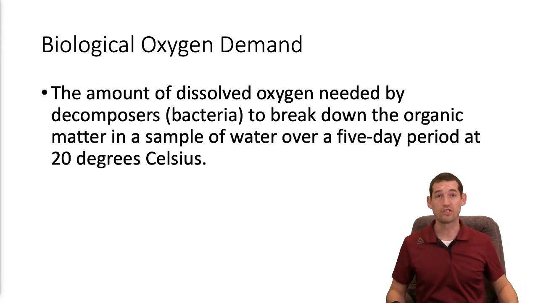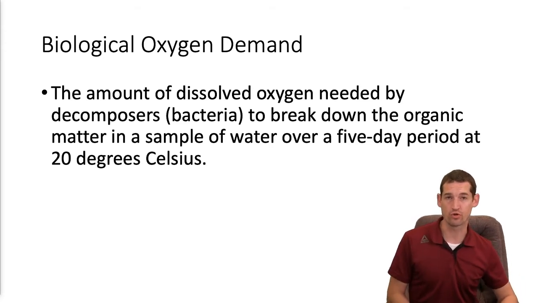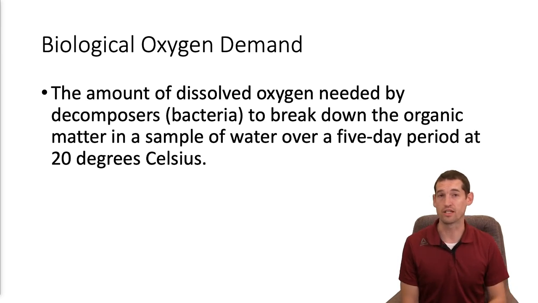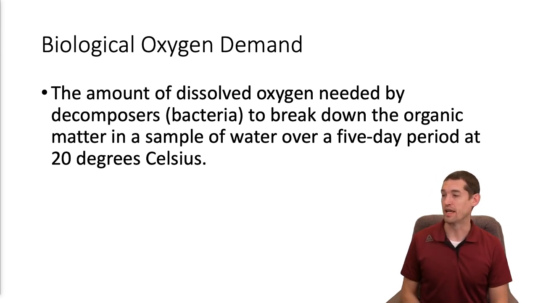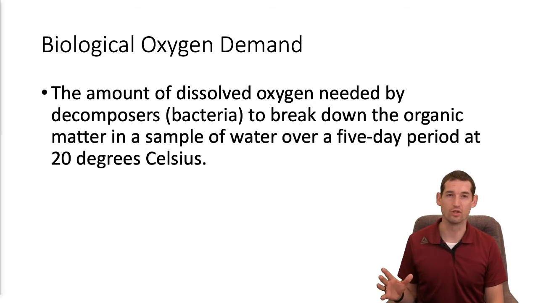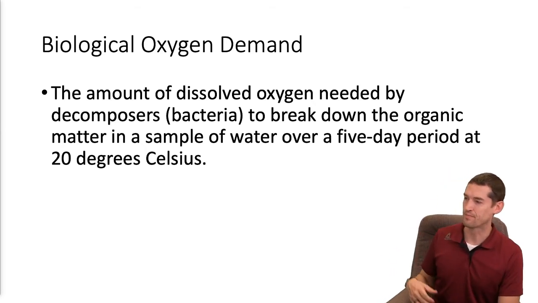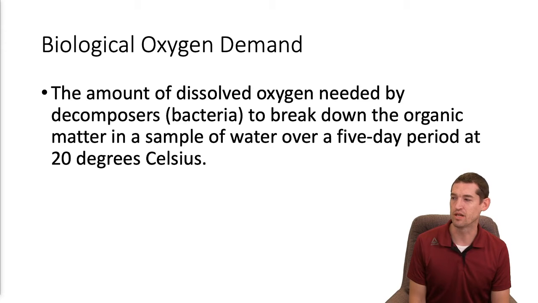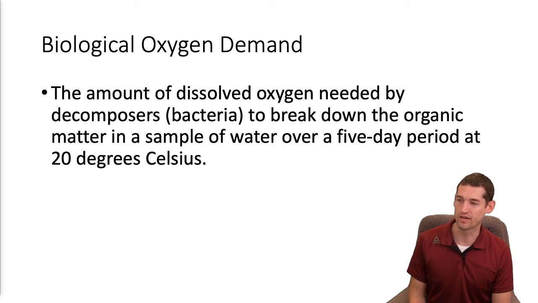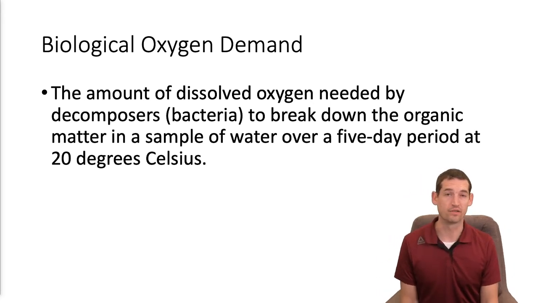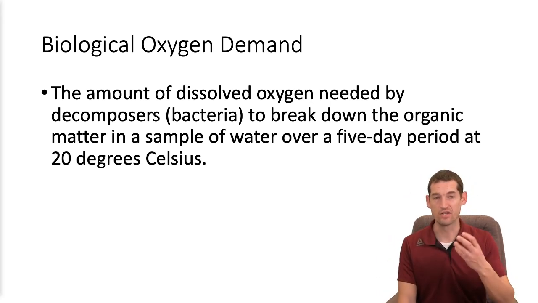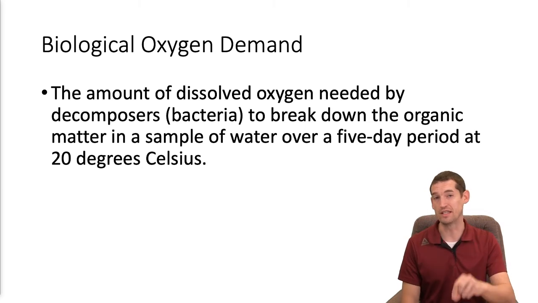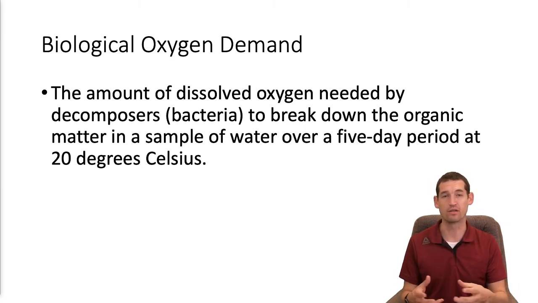Now, biological oxygen demand explains the other part of why eutrophic lakes don't have very much oxygen. This is kind of a complicated definition, so we'll look at that and then I'll explain what it means. It's the amount of dissolved oxygen needed by decomposers, which are typically bacteria in the water, to break down the organic matter in a sample of water over a 5-day period at 20 degrees Celsius. Now that's long and complicated. Just think of it as the demand, how much oxygen is needed to break down or decompose the stuff